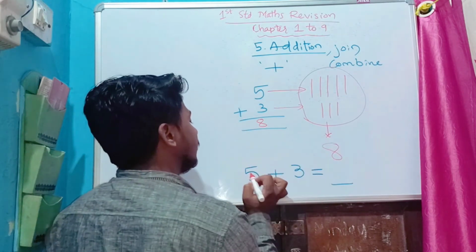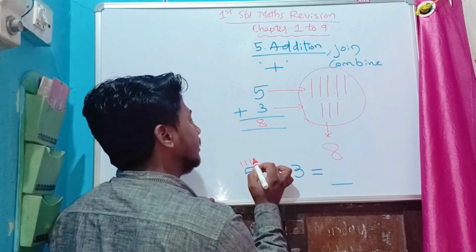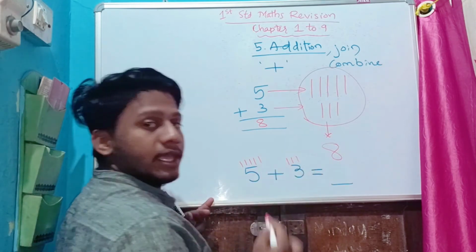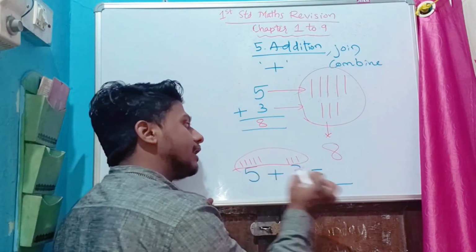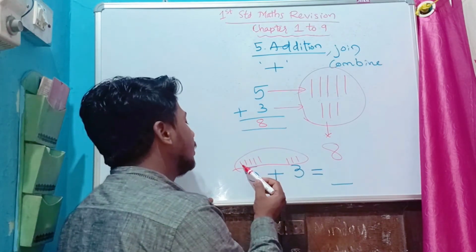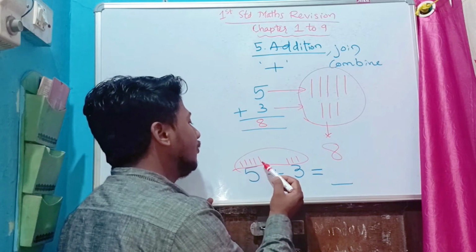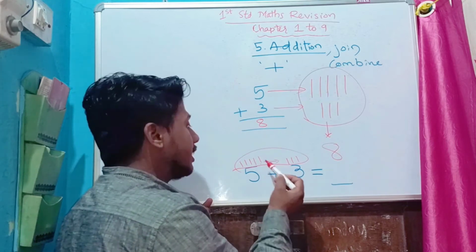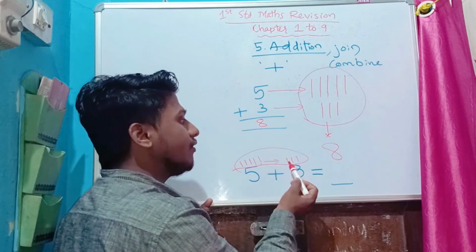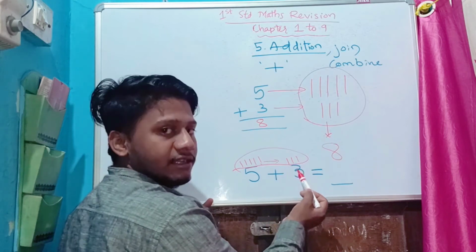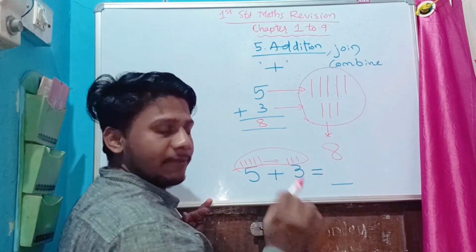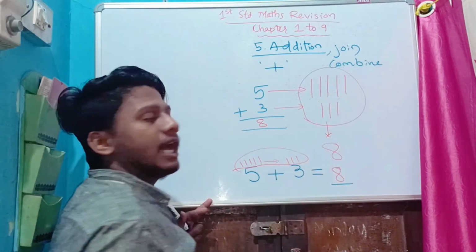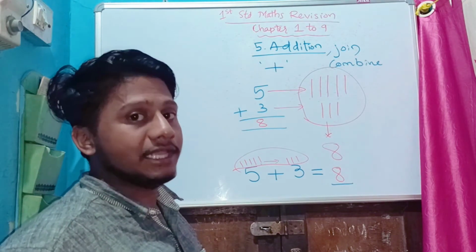Here you can do like this, you can draw line here. 1, 2, 3, 4, 5. 3 lines. 1, 2, 3. Now you have to count all and write the answer. Yes? Count it. 1, 2, 3, 4, 5. Don't say 1 here. You continue from this number only. You said 5. So after 5 will be 6, 7, 8. Don't again start from 1 to 3. Okay? After 5, you will have 6, 7, 8. So 8 will be the answer. I hope I'm clear with this.